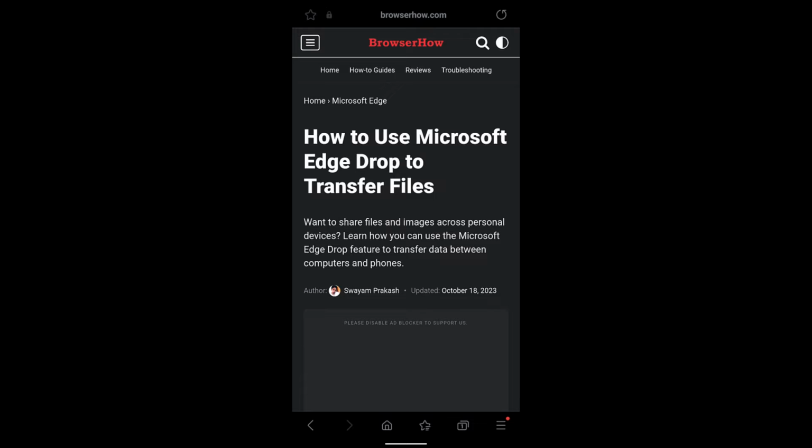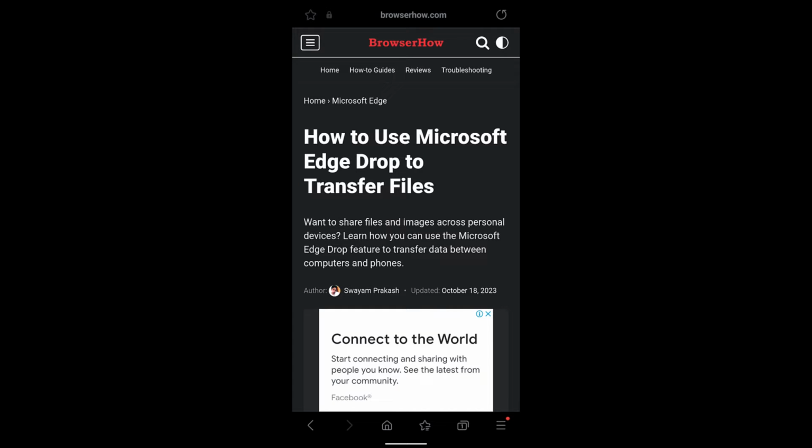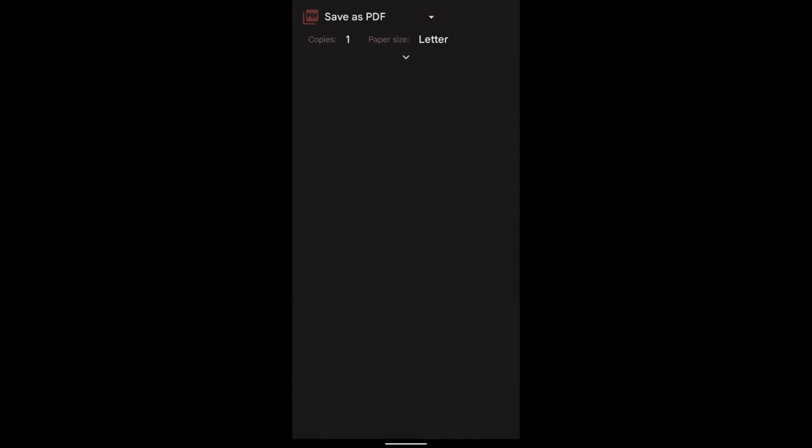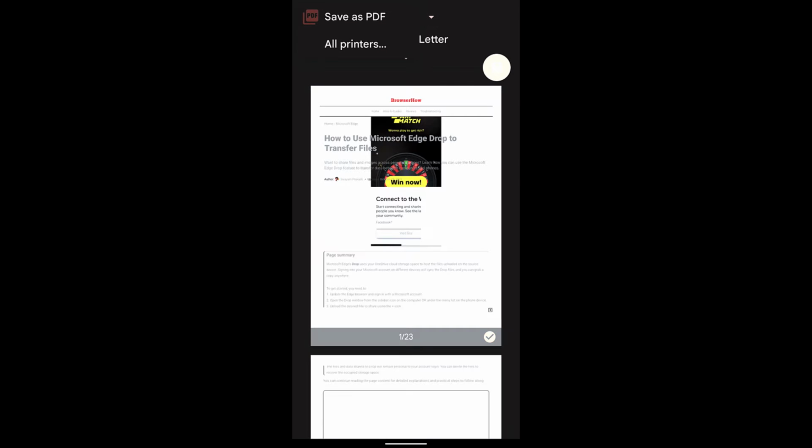And if I want to read this page in offline mode, or if I want to save it as a PDF and share with someone else, what I can do is I can just tap on this 3-bar options, and at the bottom you can see there is an option called print and PDF. Just tap on it, and from the drop down here at the top you can select save as PDF, and